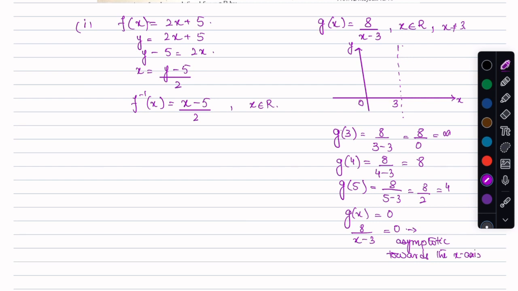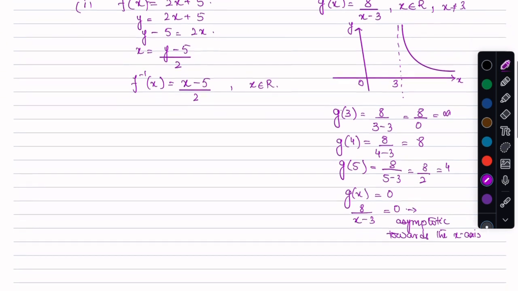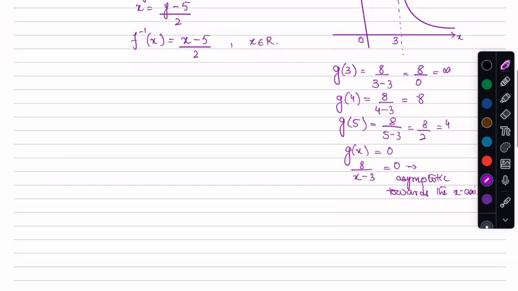If I need to sketch the graph here, this is how the graph is going to be for the function for x greater than 3. In the same manner, I can get all the values with respect to x which are less than 3. If x is 2, then this function becomes 8 divided by 2 minus 3,